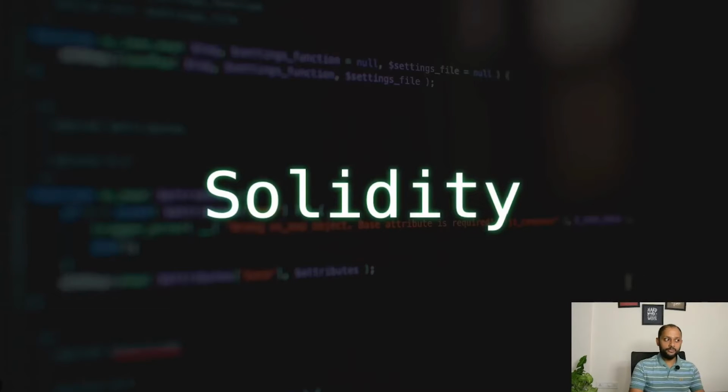So from today we will be learning about Solidity. But what is Solidity? Solidity is the programming language that we will be using in order to write smart contracts in the Ethereum blockchain. However, before we get started with Solidity, there are several prerequisites, and we will discuss those prerequisites